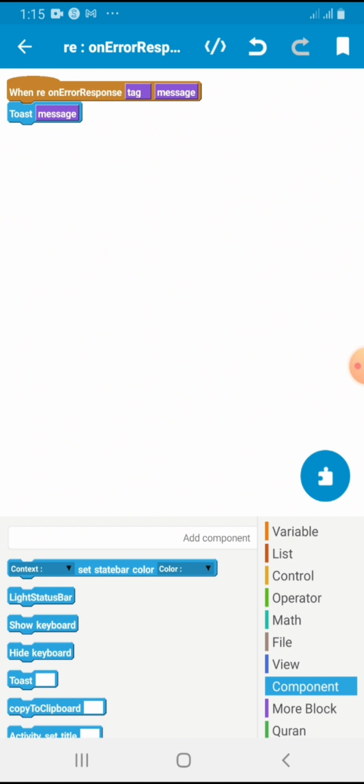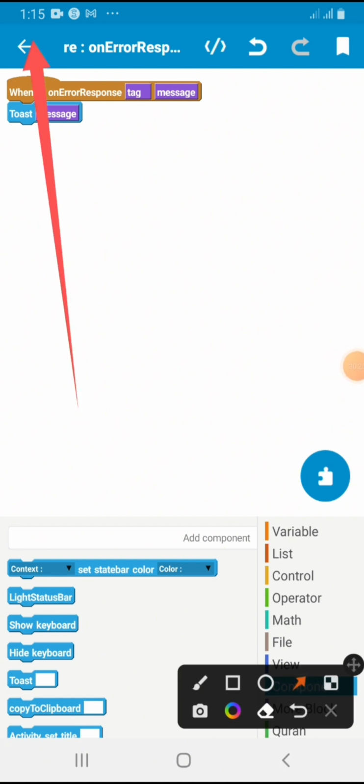The message is no internet connection, and that message will now be on the toast button in on response. Remember, here is on error response. Then on response, we'll have a toast there that will type in no internet connection. Okay, then let's go back from here